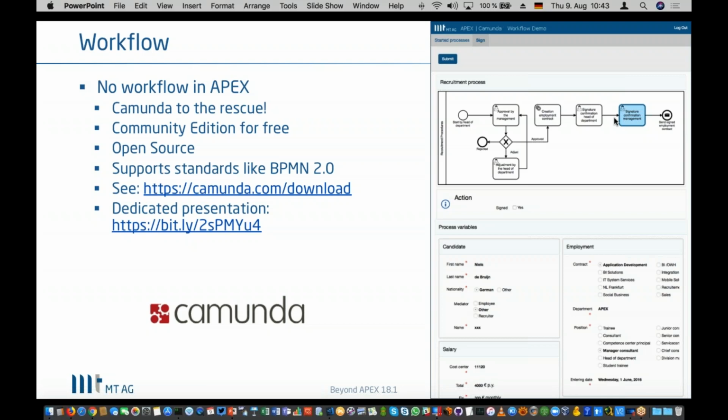There is a non-profit organization in Germany called Camunda, and they can give you support with their product Camunda. But there is also a community edition, which is freely available. It's even open source, and it supports all the main standards. You can use that to actually model your BPMN workflows. And there's a JavaScript tool, I believe it was called bpmn.io, which you can use to model your workflows.